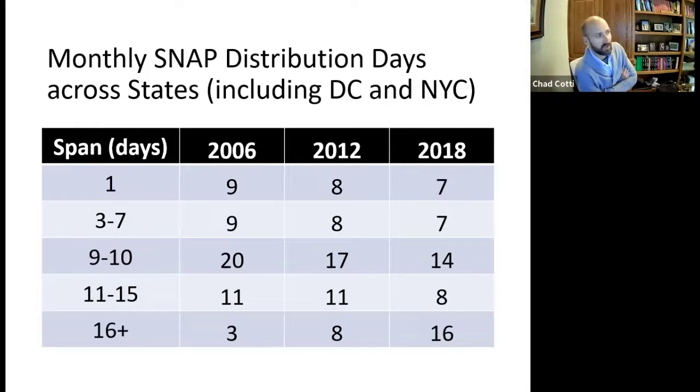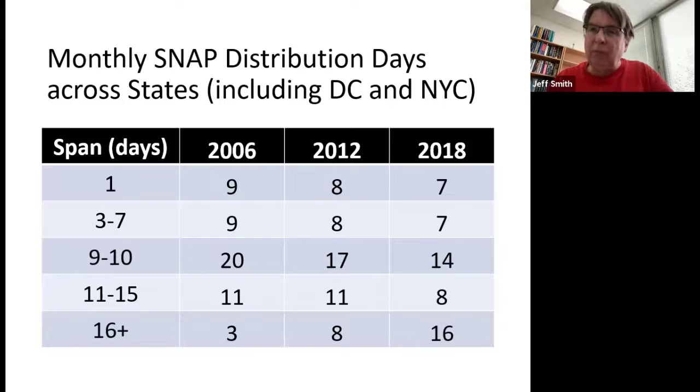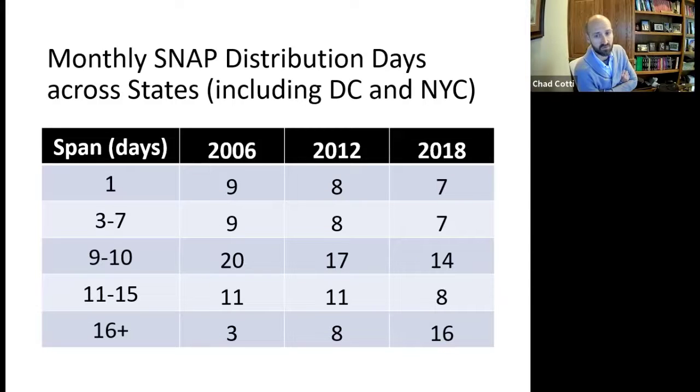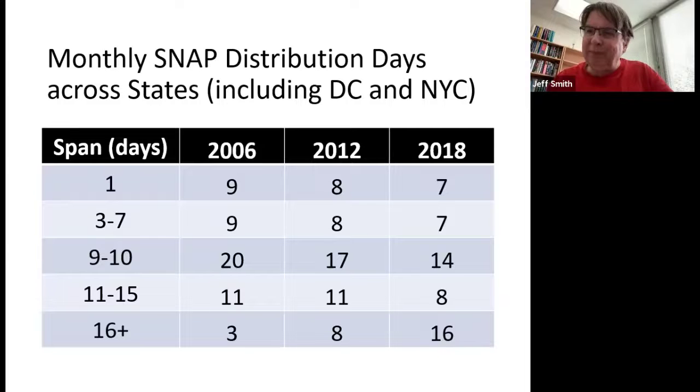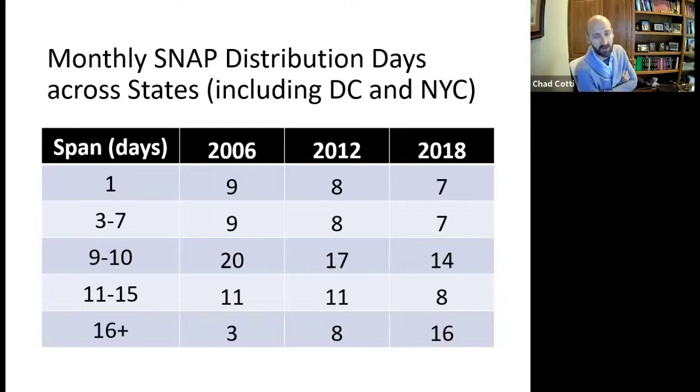So a little bit of the latter, but a lot of this initially came from the grocery stores. The big grocery stores were pushing for it: you had a situation where most states were distributing their SNAP on one day or maybe a couple of days. And the grocery stores got huge runs on those days, and they didn't like that very much. So they lobbied to have more days.